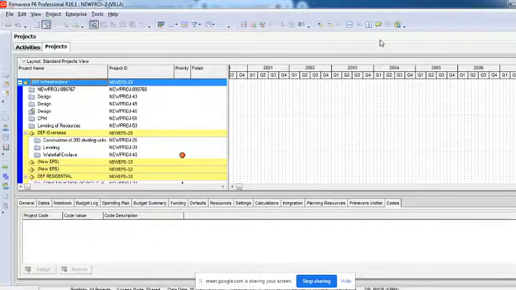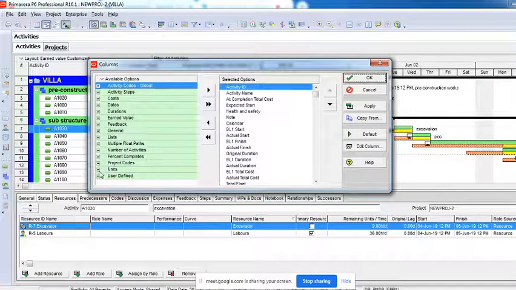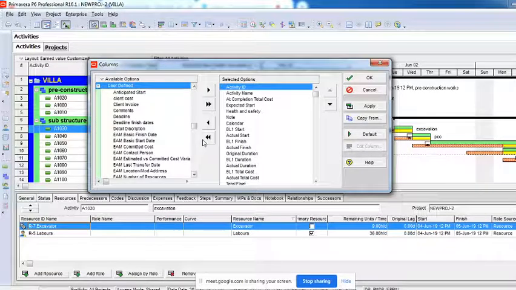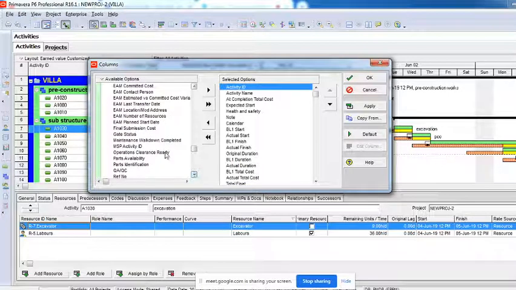Now where did I create it? See, this was a problem. If it was a classroom, I would have asked you and you would have answered me. I have created it under the activity resource assignments page, not under the activity page. I cannot assign it here. If I go here and look under M for material, you can see there is only one, that is maintenance walk down completed.